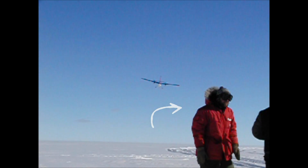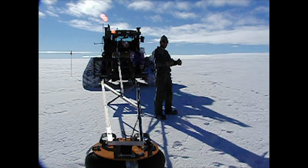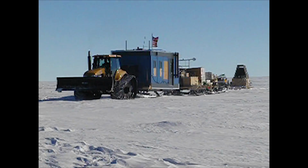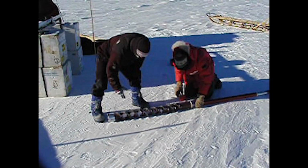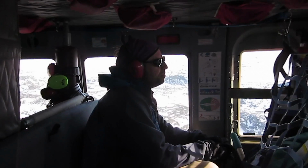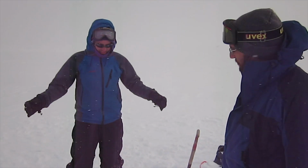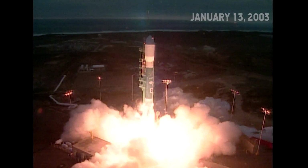This is Dr. Tom Newman. Over the years, his work has taken him to some pretty remote areas to study changes in the ice regions of our planet. And his research, among many others, has defined the goals of the new NASA satellite, the Ice, Cloud, and Land Elevation Satellite 2, or ICESat-2. And we have ignition and...